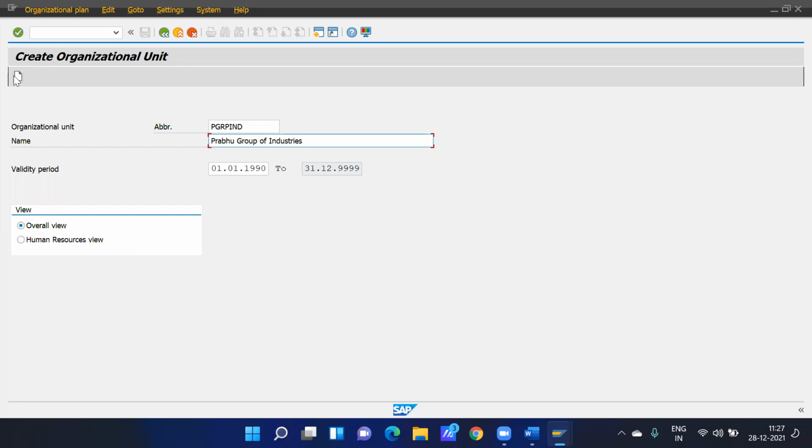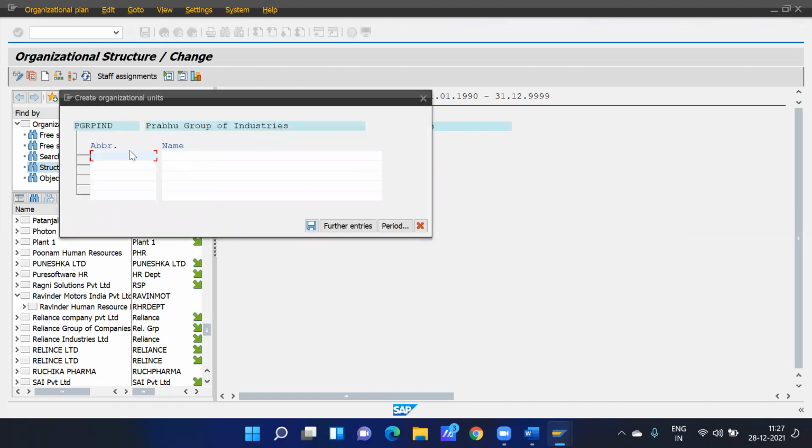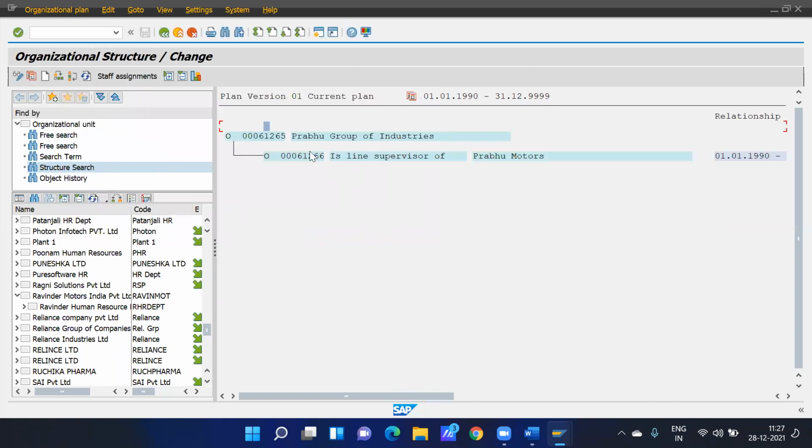Okay, and click on create. Under this, I will create Prabhu Motors, save. And now we need one, let's say